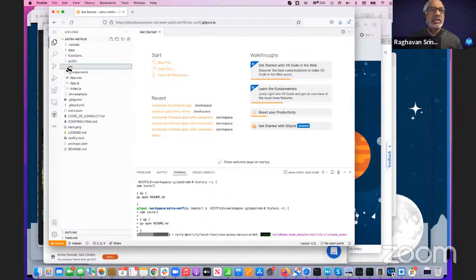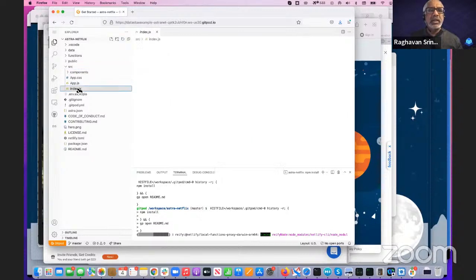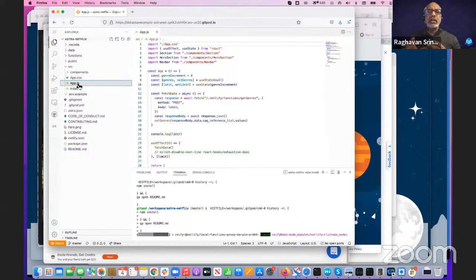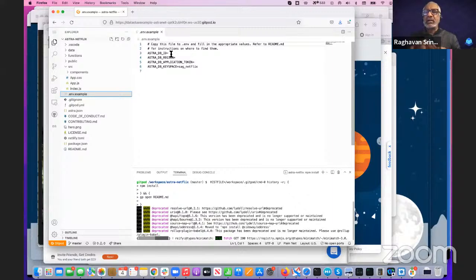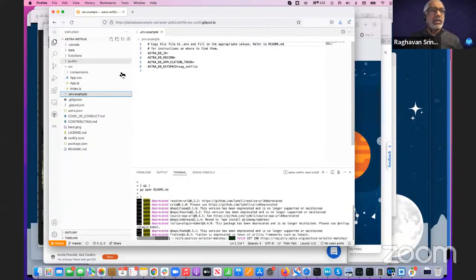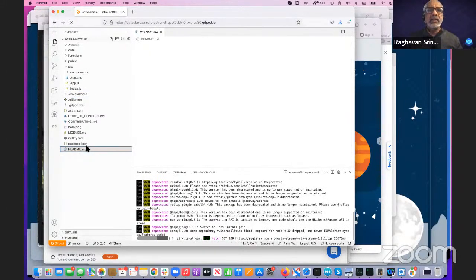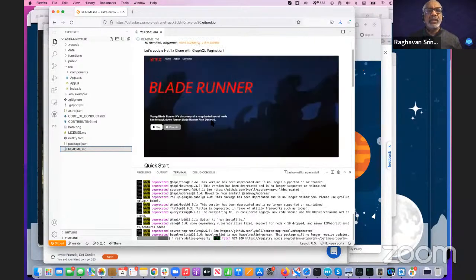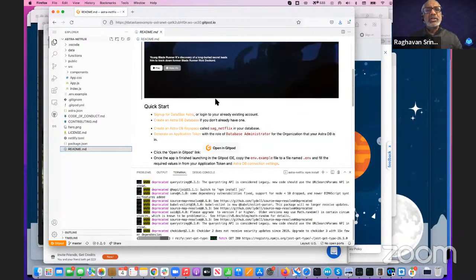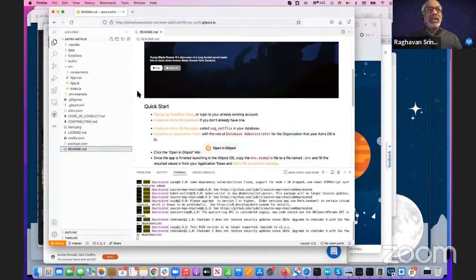Here's my source, okay? And you can look at my index, pretty straightforward, right? And then usually what we do is we have this env.example. And what you do is you copy this to a .env, you copy these values from Astra and paste them in here. And all of those instructions are provided to you in this readme.md, okay? So the readme.md will walk you through all of that. It tells you how to copy, and you'll be good to go, okay? So a lot of things that you can do in the